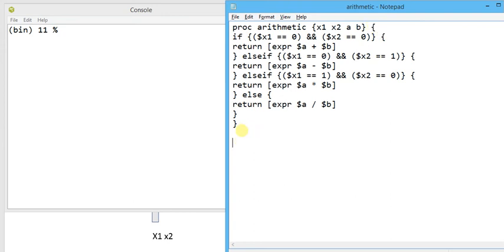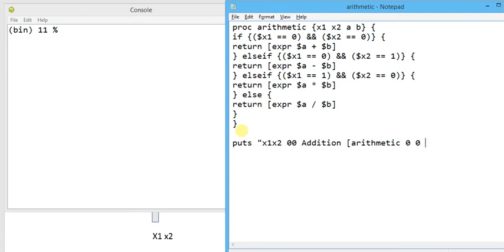Now in the main program I'm going to define the values. I'm going to write puts "x1 x2 0 0 0 addition". Here I'm going to call the arithmetic procedure: arithmetic 0 0.